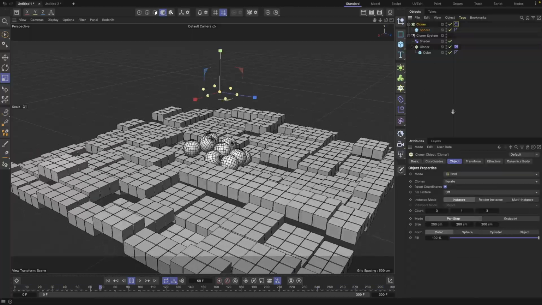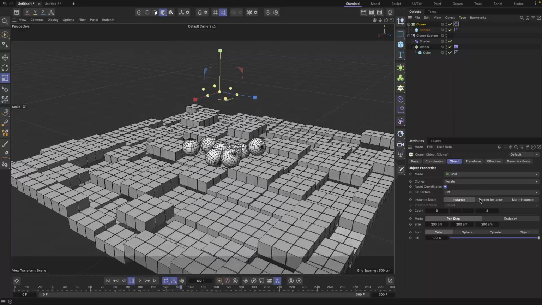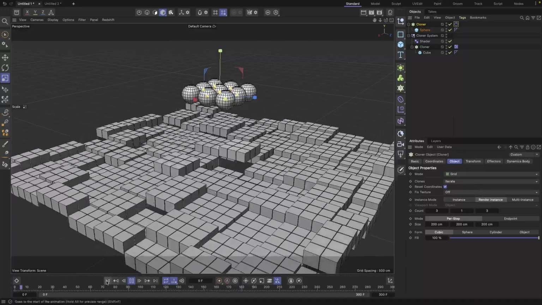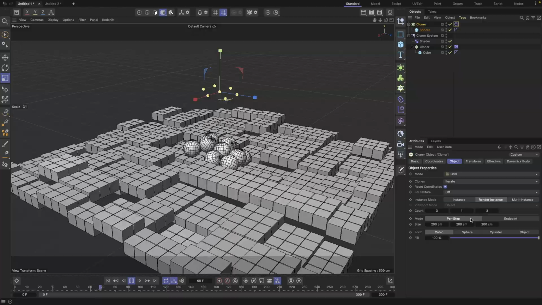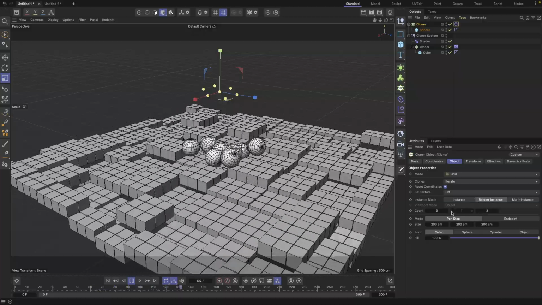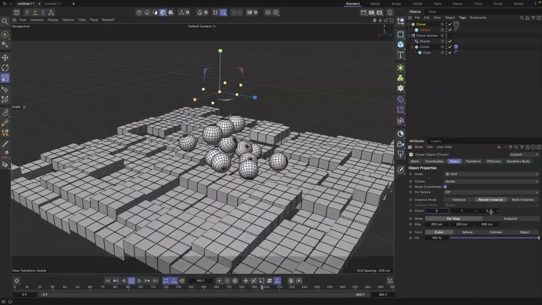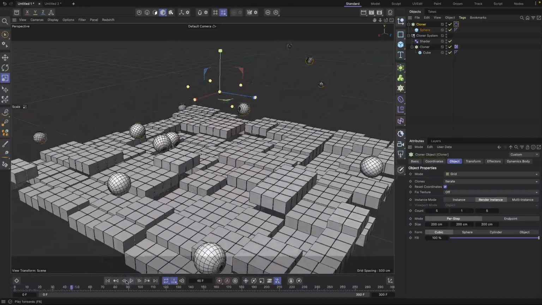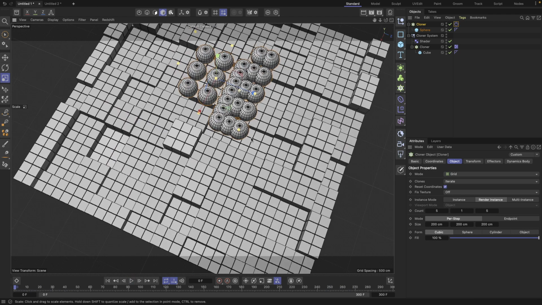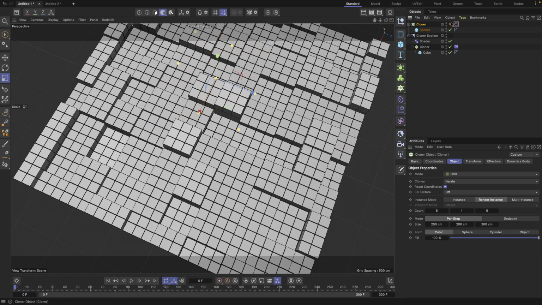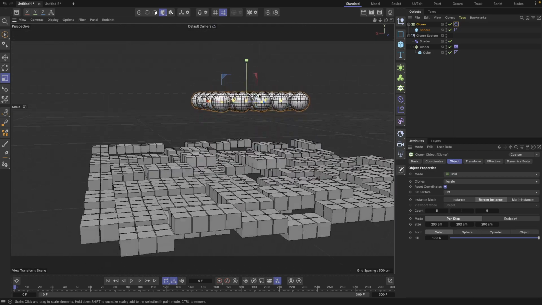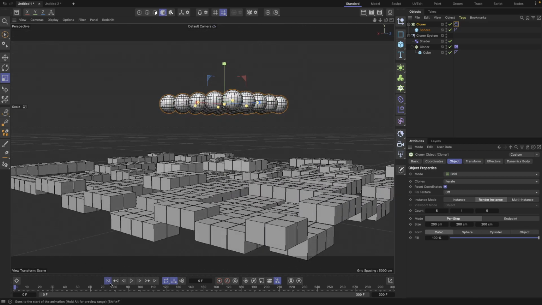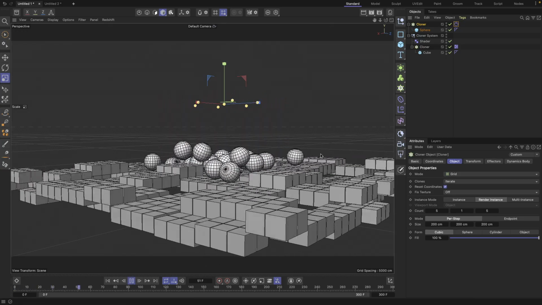So I can even change the mode of this to render instance, so notice how the performance increases when I change this to render instance. And I can spawn more spheres and rewind this back. Oops, rewind. Okay, disable this, enable this. Sometimes it can cause problems, so always rewind this and change the values there. So now you'll see that